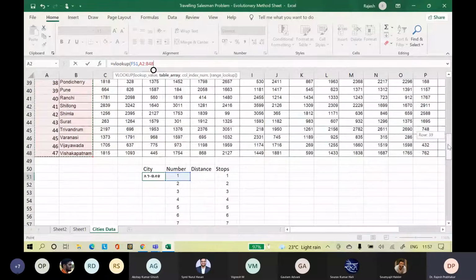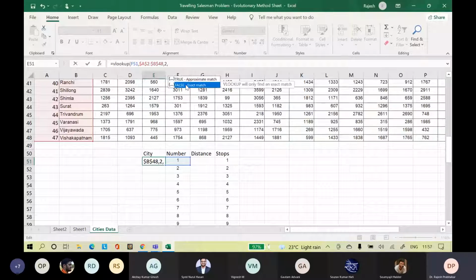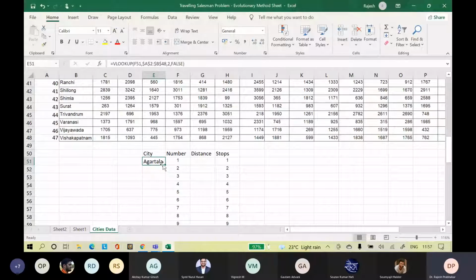You fix the cells by pressing F4, comma. We want the data from column 2. Column 1 is city number. Column index number we want is 2 because we want the name. So column index number 1 is the number. Column index number 2 is the name of the city. So we give column index number 2, comma. We want an exact match. Press enter. So city 1 is Agartala.